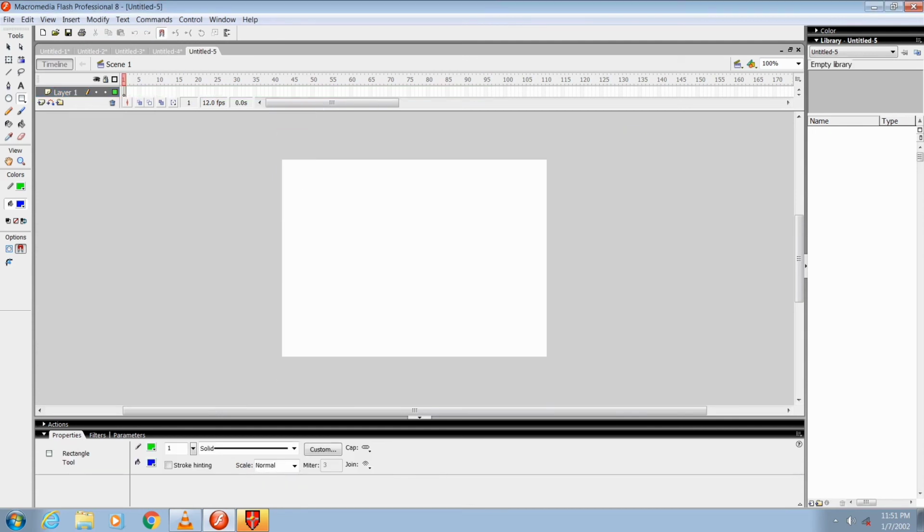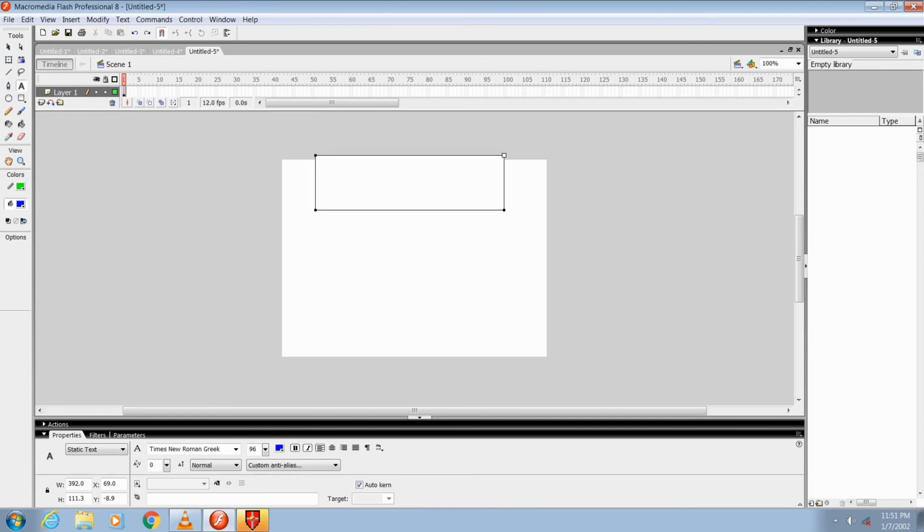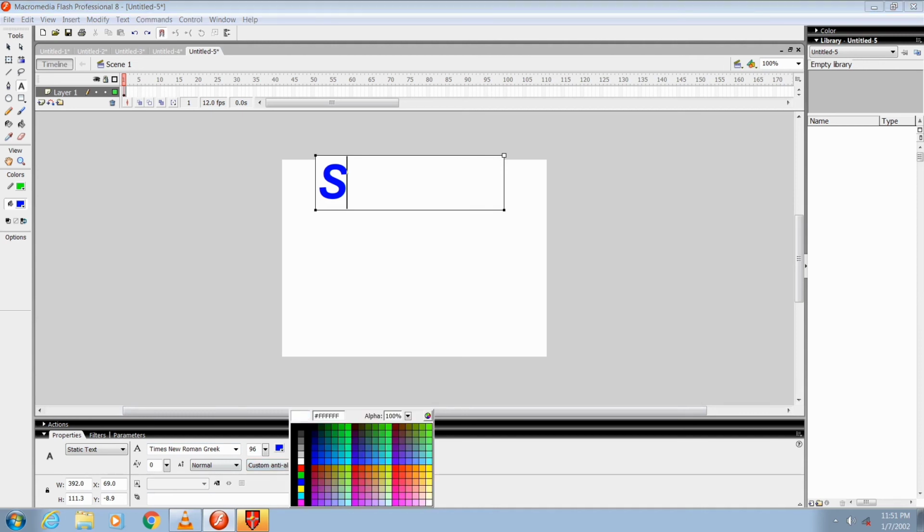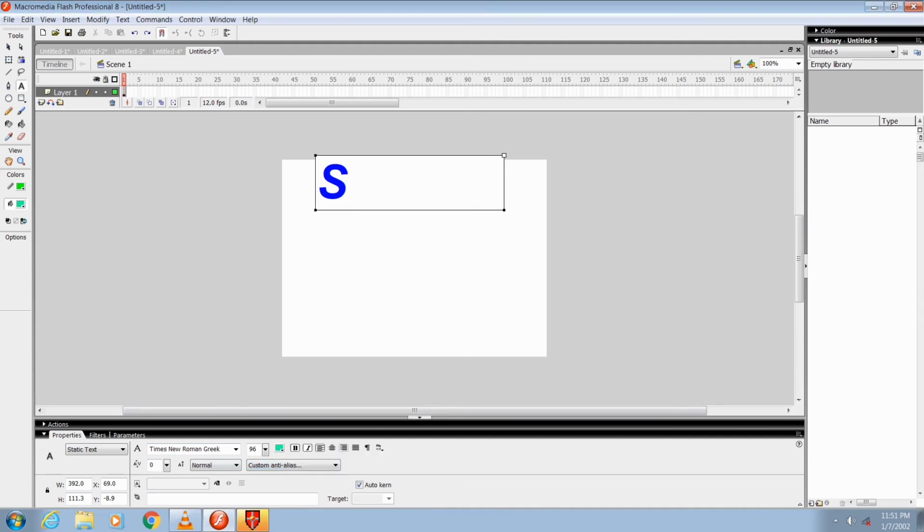This is the text tool A. Then click on the stage and type the first letter, like I am typing S. Then select the desired font color and size from the property inspector. You have many options here. These are the colors for the letter. You can change anything from here.